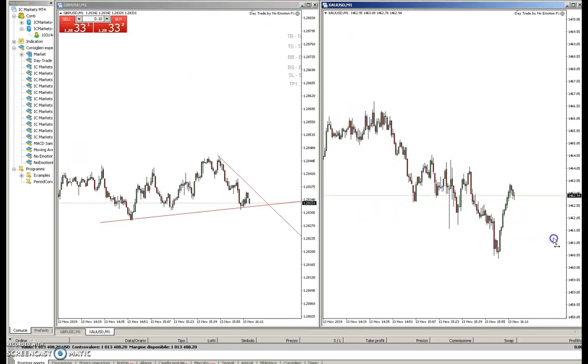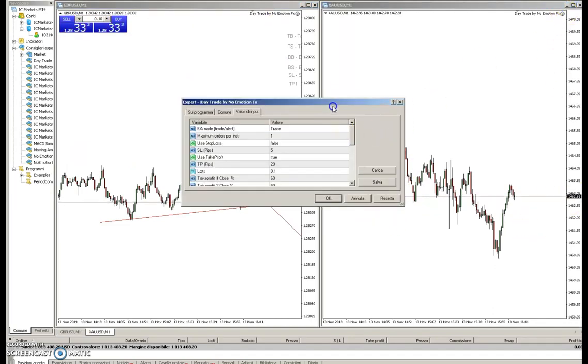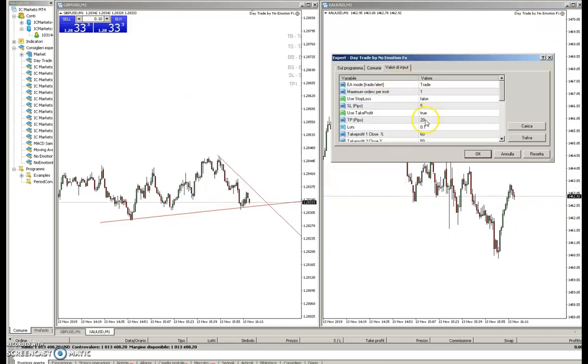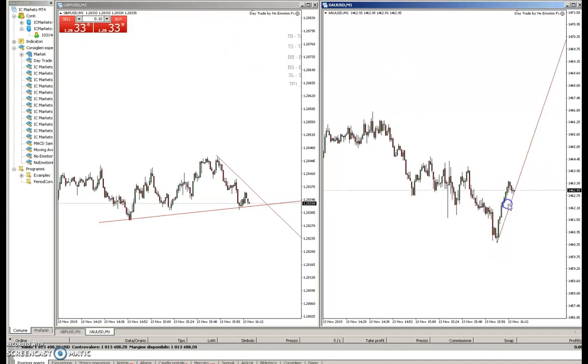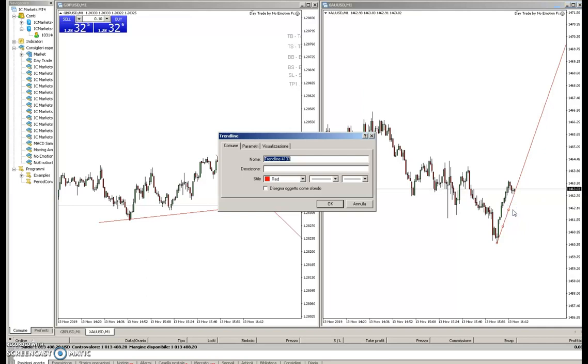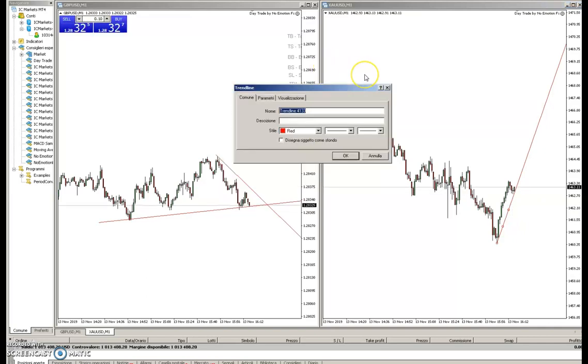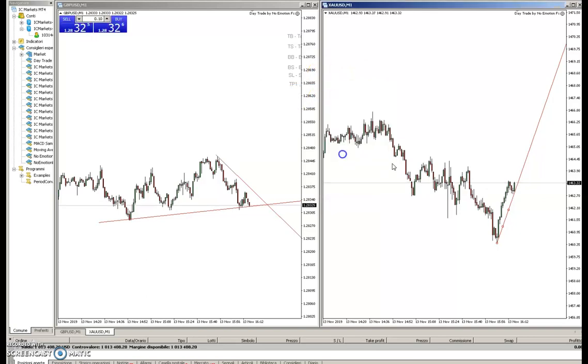Here I have a gold chart. What I'll do, I have already applied EA on it, and take profit I have set 20 because gold moves very fast. And here I would like to trade the breakout. So what I'll do is I'll say, okay, this is the trend line in which price is moving higher. If price moves below this, I want to sell the breakout. So I have breakout sell trend line here,